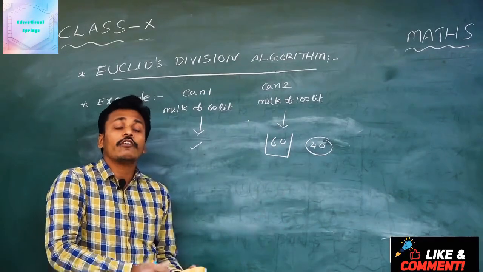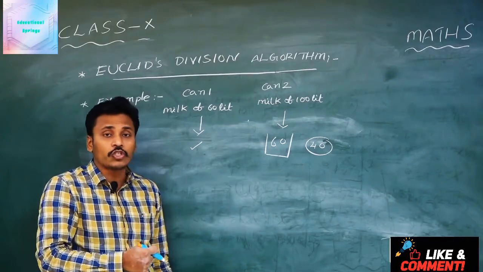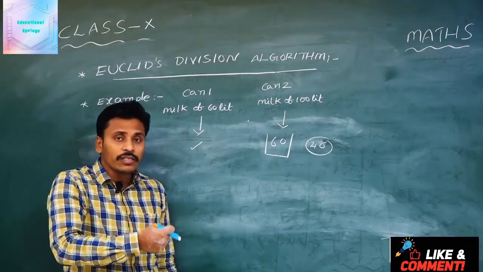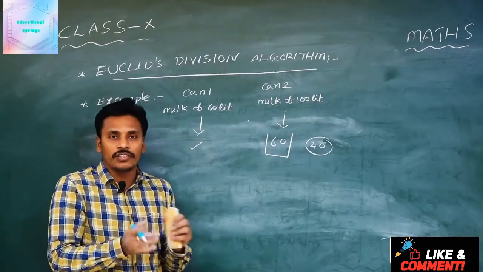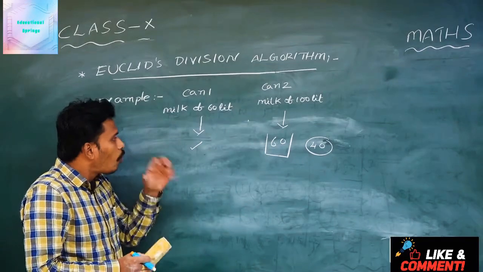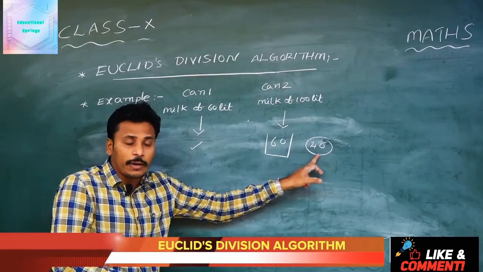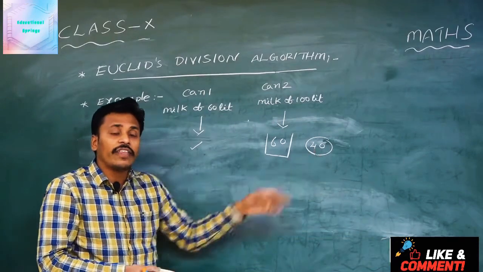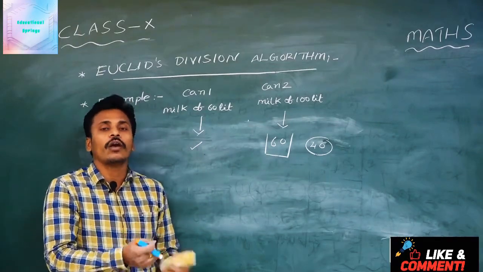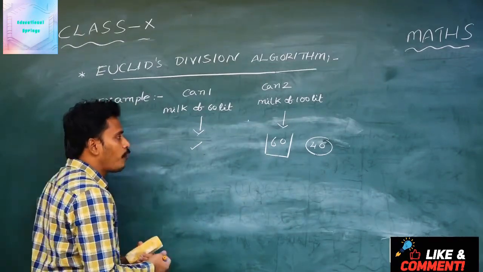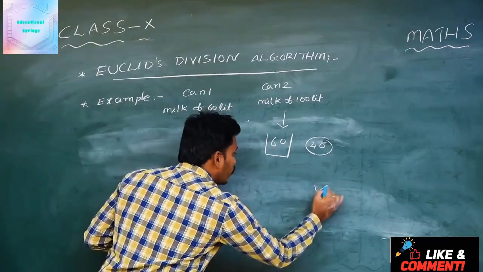That is, if the capacity of the measuring jar is 60 liters, it is not correct. It won't help us to measure the milk completely, because this 40 liters is the remaining one. So the capacity of the measuring jar is not 60. Then think a while. What will be the capacity of the measuring jar? Since 40 liters remained, the remaining milk is 40 liters, I think whether the capacity may be 40. And if the capacity is 40, what will happen?